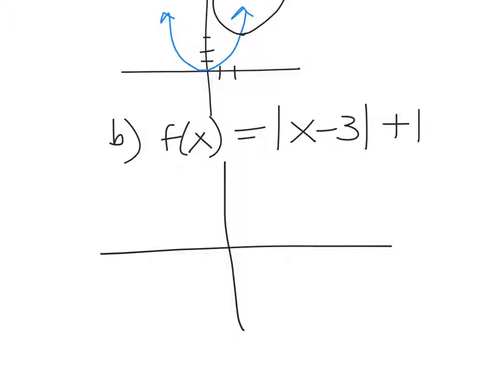Here we go. We're going to take our basic absolute value graph. Here it is. Up 1 over 1, up 1 over 1, both directions. And we're going to shift that mother function over. That's the parent function. I was saying the mom. We're going to shift the mother function over 3 to the right